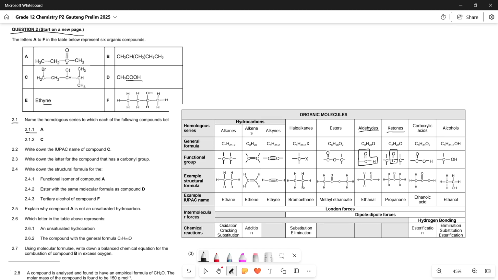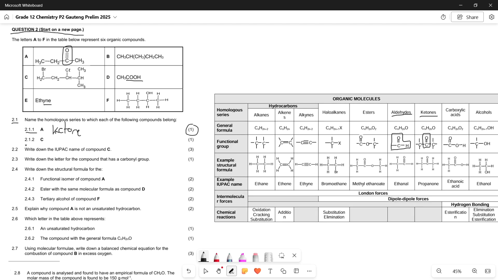C double bond O, there's no room for an H because it's not on the end, which means it is not an aldehyde. And there are 4 lines around it, so we just have a ketone over here because of our C double bond O. That means we can just go ahead for 2.1.1, we can write ketone, and that would earn us 1 mark